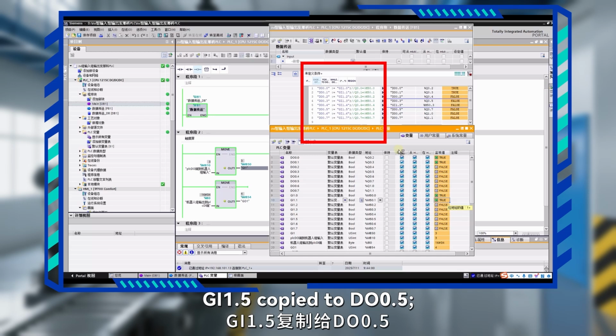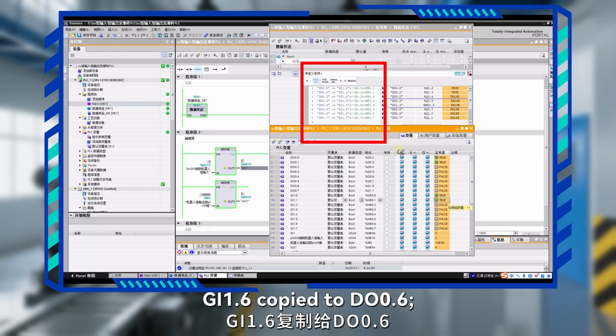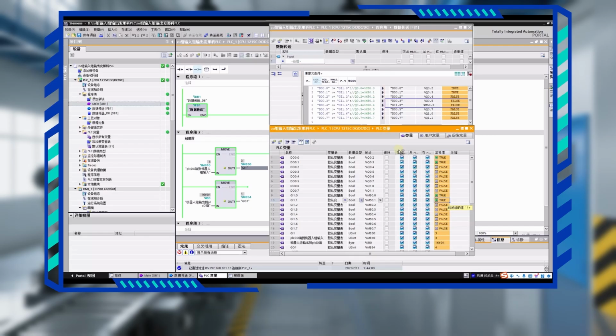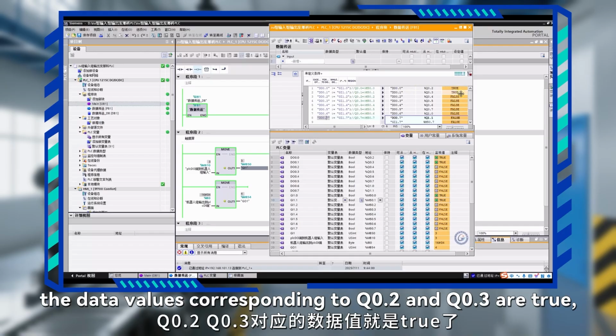GI1.5 copied to DO0.5, GI1.6 copied to DO0.6, GI1.7 copied to DO0.7. We can see that after the copy instruction, the data values corresponding to Q0.2 and Q0.3 are true,